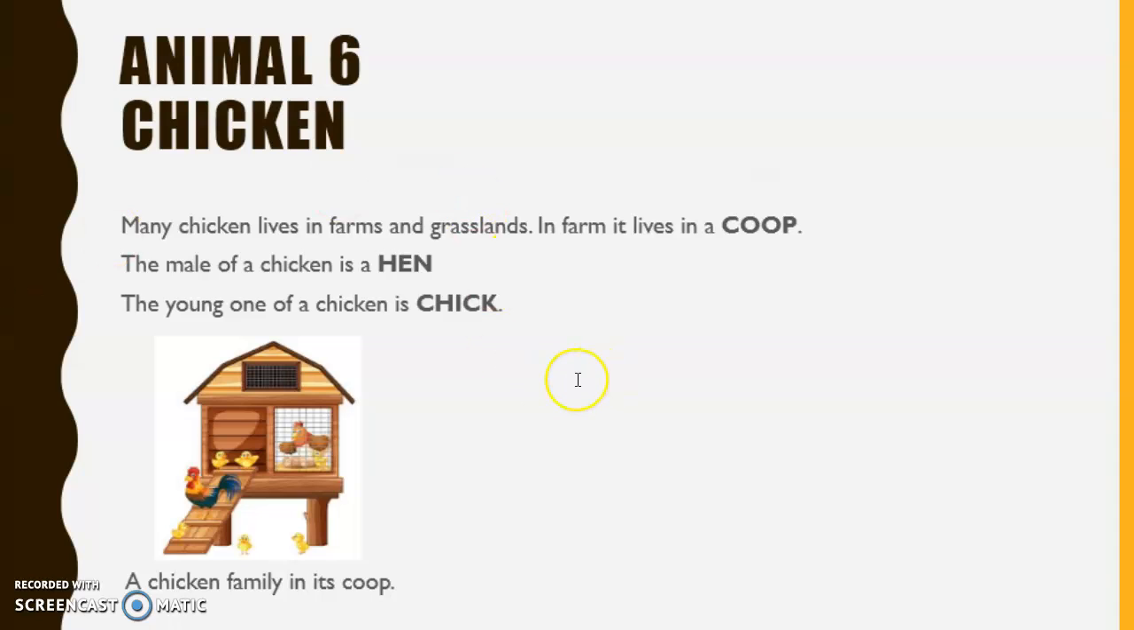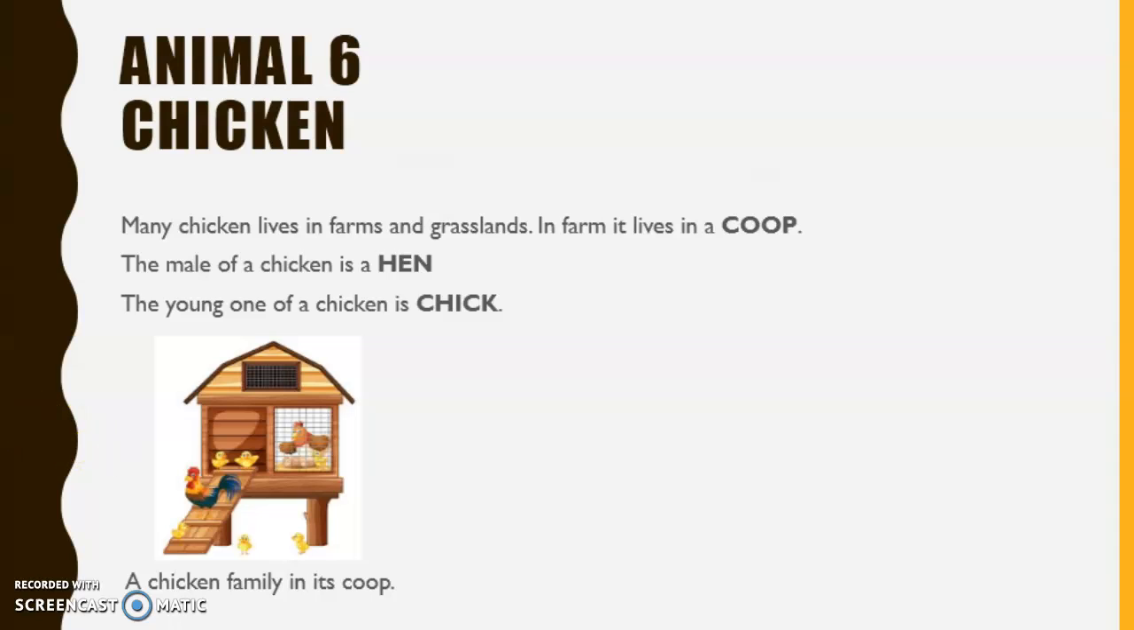Okay. So here, my last animal is the chicken. Okay, so the last animal. So many chicken live in farm and some of them live in grassland. So in farm it lives in a coop, as you can see over here. It's a coop. Okay, so the female of a chicken is hen, and then one thing,